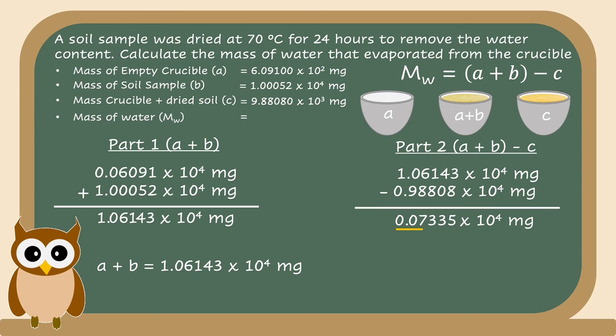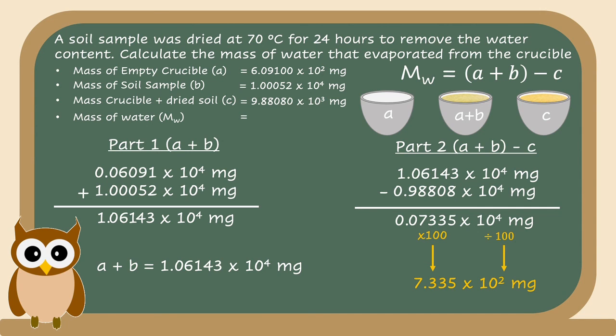And there you have it. 0.07335 times 10 to the power of 4 milligrams. However, we can't leave a number smaller than 1 in scientific notation, so we need to change this. We move the decimal 2 places to the right by multiplying the coefficient by 100, and also divide the exponent by 100,